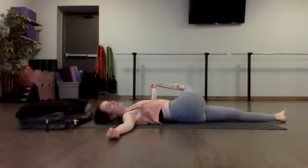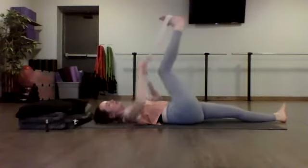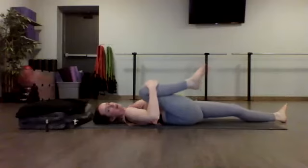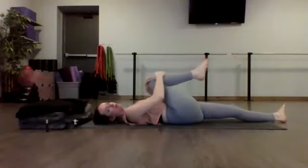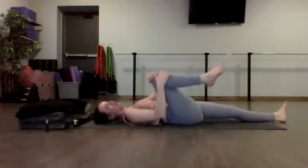Inhale, chin goes back to center, right leg goes back up to the sky. Release the strap. Send your right knee into your right side body, and then take some circles with your right knee, leading the movement. Open up your hip in one direction and switch that circle movement with your